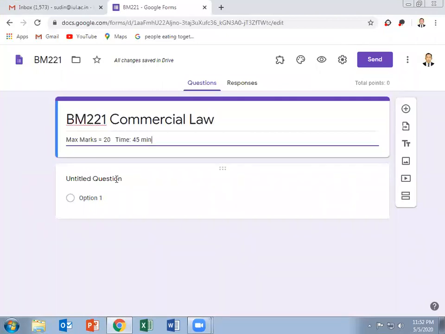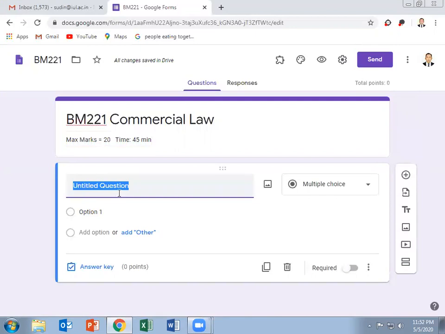After entering the subject code and the subject name, we have to ask specific compulsory questions from our students, for example, the name, enrollment number, roll number, and section of the class. So let us ask from the student and let's see how we have to do it. In the untitled question, backspace and write name.